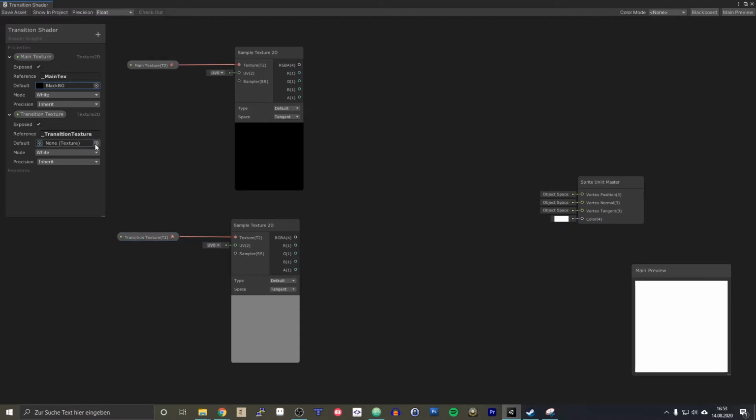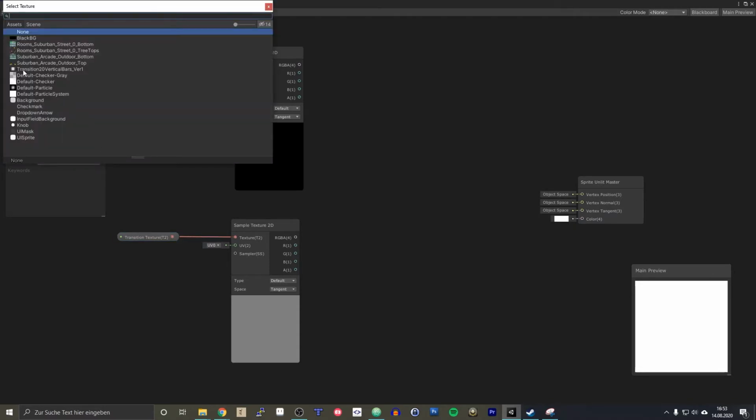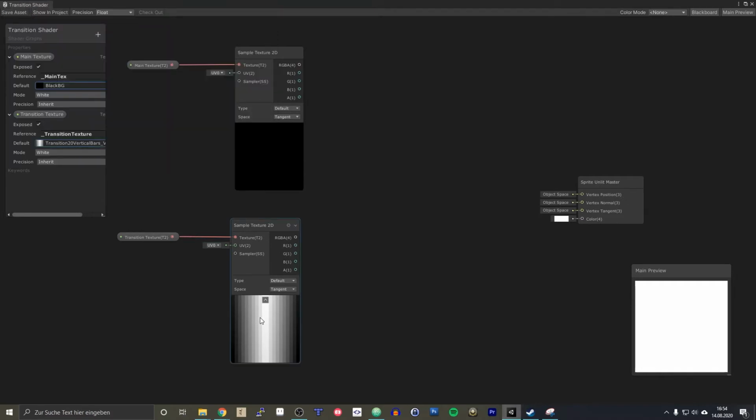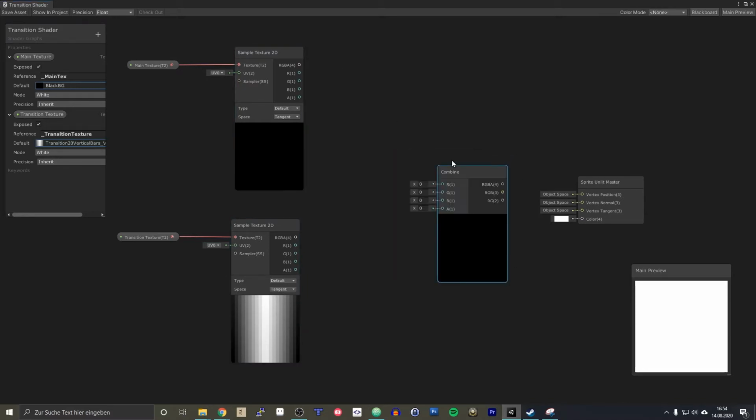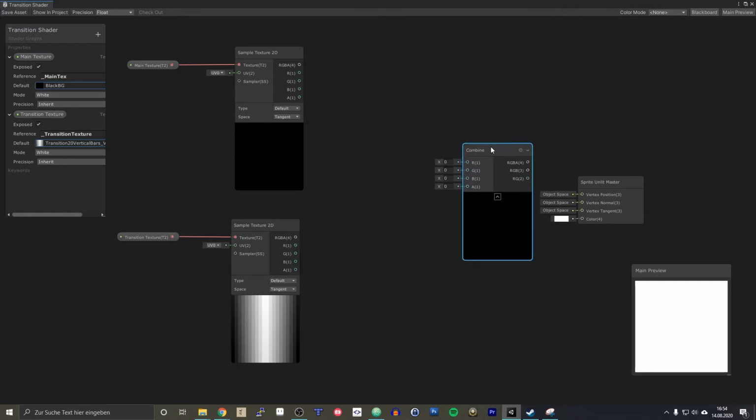That's nice. So now let's pick the transition texture I prepared. Here we go. So we can see it here. And now the next thing that we need is a combine node, because in some way we want to combine these two textures together, and we can do this with a combine node. What's important for later is that we just want to control the alpha value with our transition texture, and for the color of the texture that we will then use to transition, we will use the colors from our main texture. So what we can do now is just put our RGB values